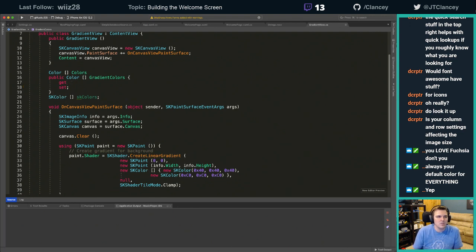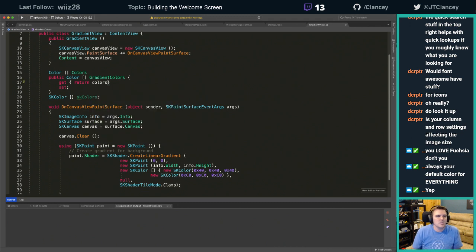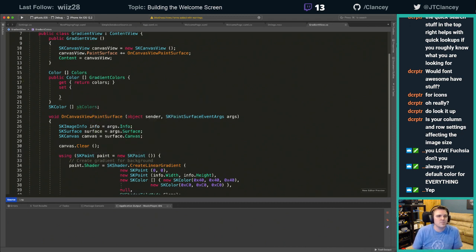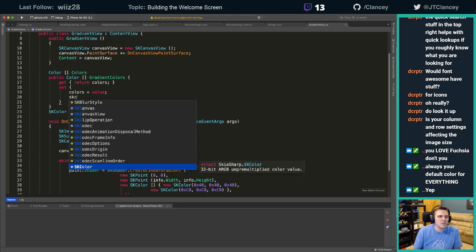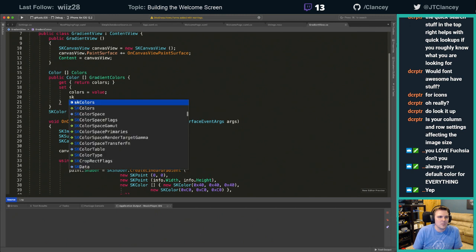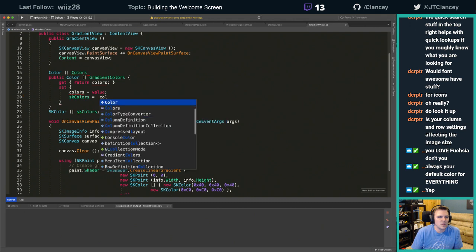Okay, so return colors, and then we'll do colors equals value, color, so SK colors. Come on, SK color. I think it'd go straight to the one I'm using instead of the generic class. Go to a property instead of a class type. All right, SK colors equals, we'll do colors dot,